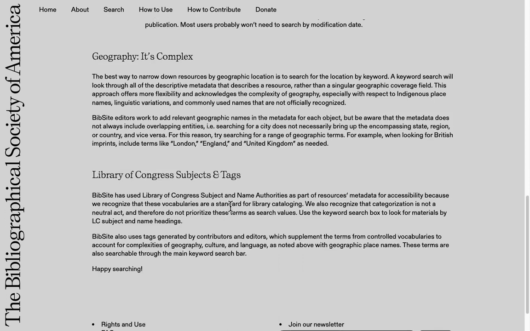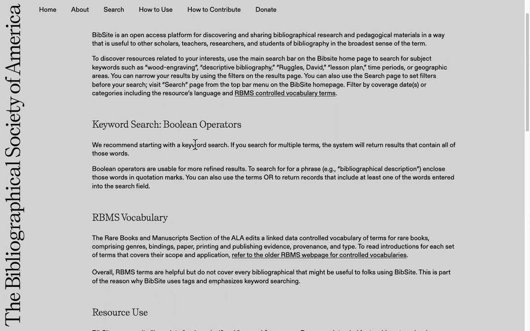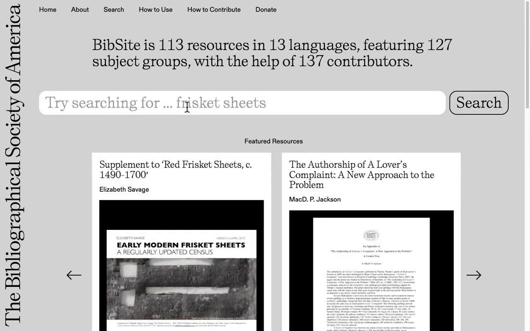So I am a person like you, who's interested in seeing what kind of resources are available on BibSite related to a topic. Where would I begin? First, we're going to start on the BibSite homepage, bibsite.org. Then we're going to use the main search bar on that homepage to search subject keywords such as wood engravings, or maybe descriptive bibliography,